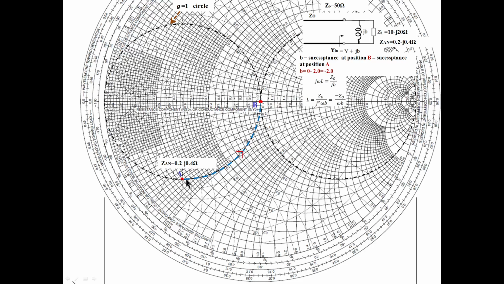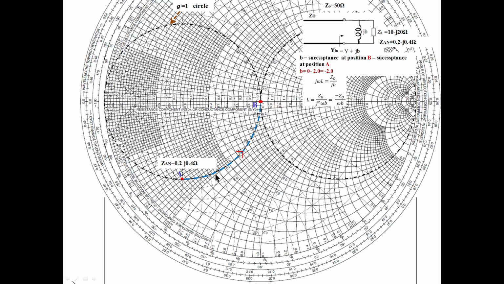For that, what do you have to do? We moved from point A to point B. You read what the susceptance is here. Which susceptance circle is passing through this point? We need the susceptance at this position, at B and at A. What is the susceptance at B? Actually, this is the B is equal to 0 circle here, where x is 0 and B is 0. The susceptance at B is 0.